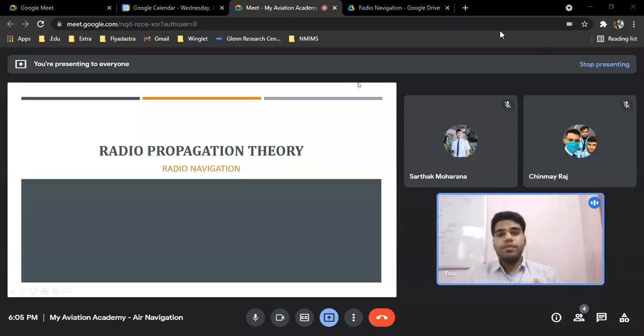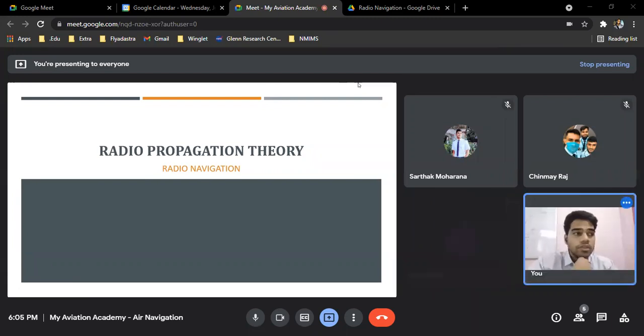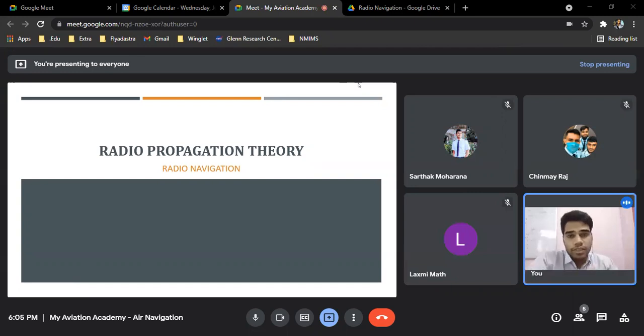All right. So we did the first chapter of radio navigation. The first chapter told us how the radio waves are formed. It also told us the basic things we need to remember: frequency, wavelength, and speed of light. Quickly revising what we learned, a radio wave is an EM wave, or electromagnetic wave. It depends on the polarization, which type of component is in which direction.